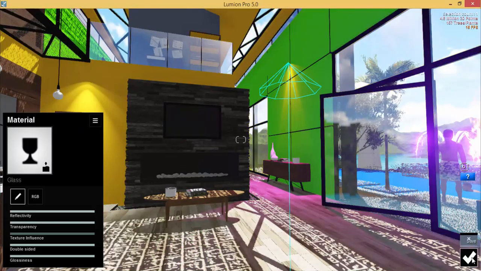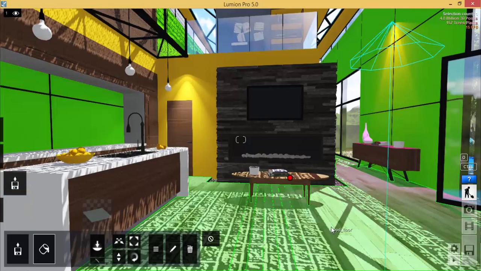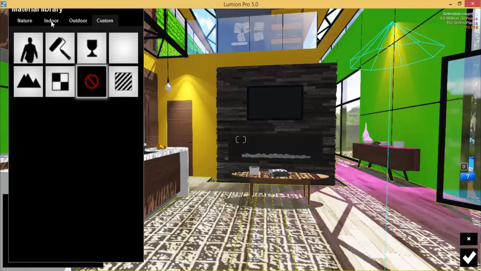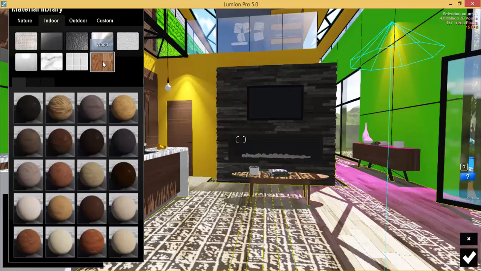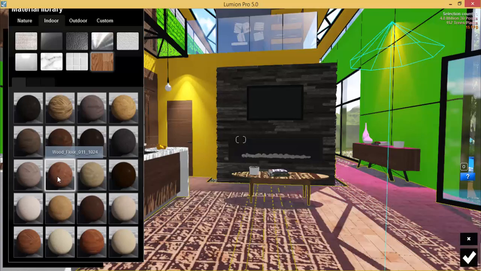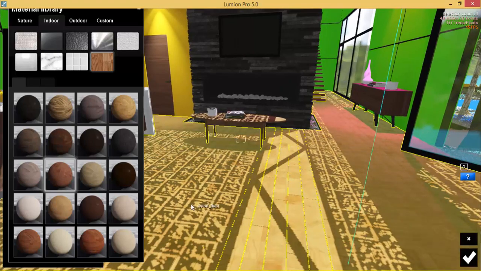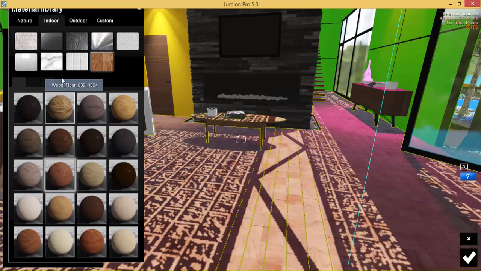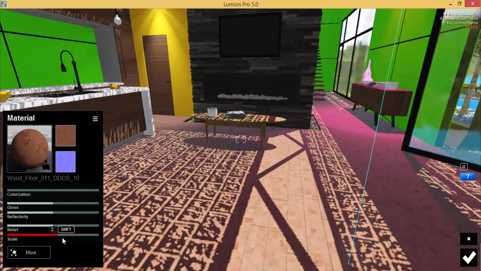After this, let's try working on the floor finish. So I will select the floor, and I will select indoor material, and select, let's say, wood, timber flooring, and I will use a wooden floor like that. You notice here, if you need to change the size of things, you can double click on the material you have selected, and you will be able to change the scale of the floor. Notice now it's very small compared to now it's really big.